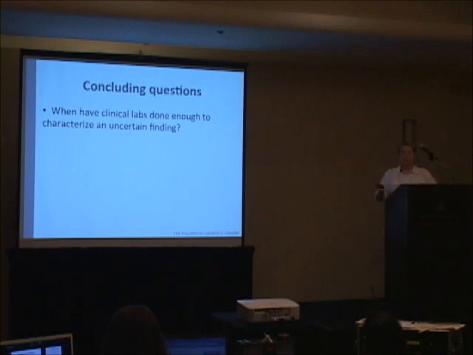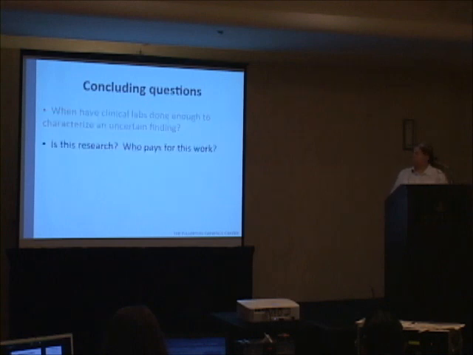So rather than concluding statements, I'm just going to leave you with questions, because I often find that I have more questions than answers. One of them that I struggle with: when has our lab done enough to characterize an uncertain finding? I'm almost never sure I'm finished, and that is the honest truth. But working with enough other labs and groups of people doing the same thing, I feel like I'm doing at least as much as my colleagues, and I'm trying very hard, and I think I sleep well. My turnaround times, again, are abysmal, which I'm not sure is very good either.